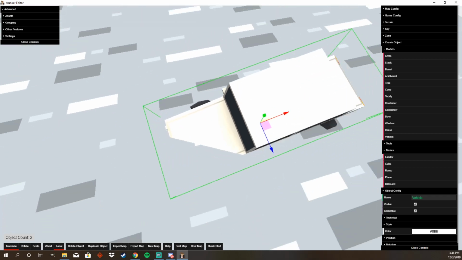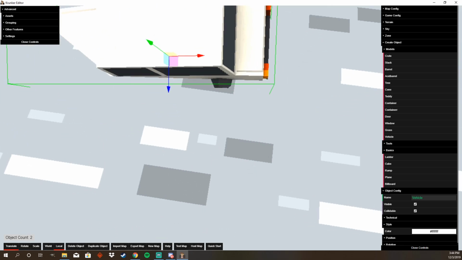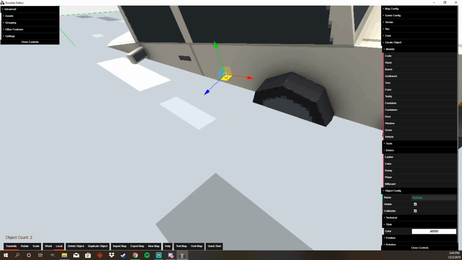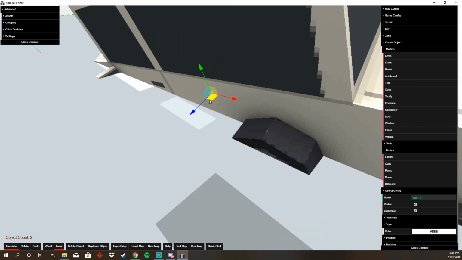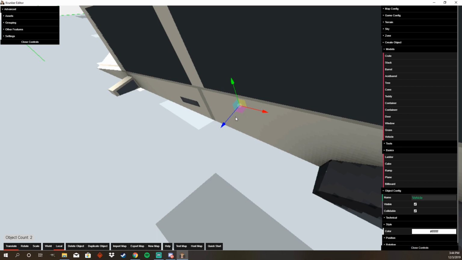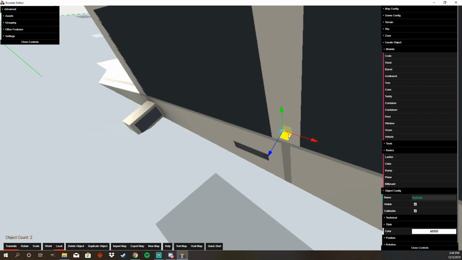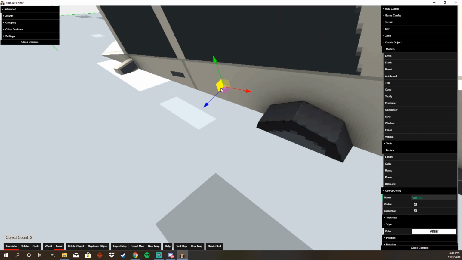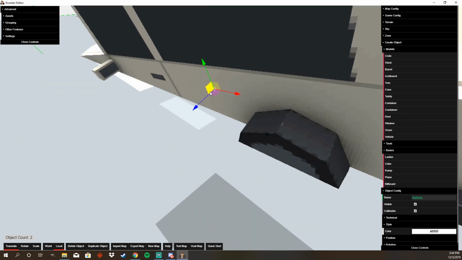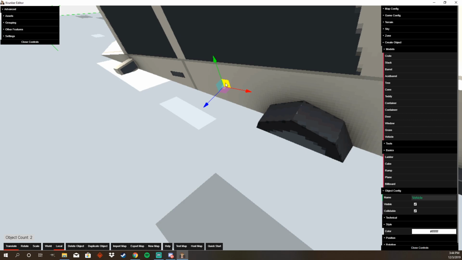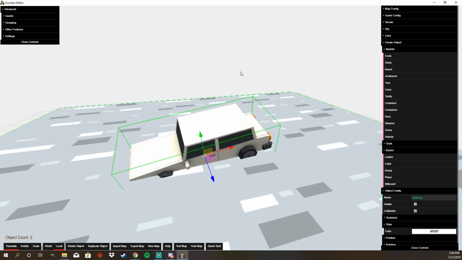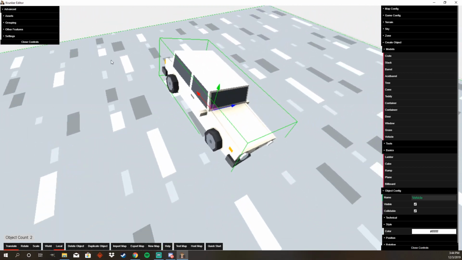And another cool thing with translate is when you can see these mixed colored planes here, these boxes, you can move them across a two-dimensional plane. So if I want to go maybe the X and Z plane, I can go through here, or the XY plane, I can go through here, or the YZ plane, I think it is, would be through here. And that's pretty cool. So yeah, if you want to make something look crashed, you just put some rubble around here,